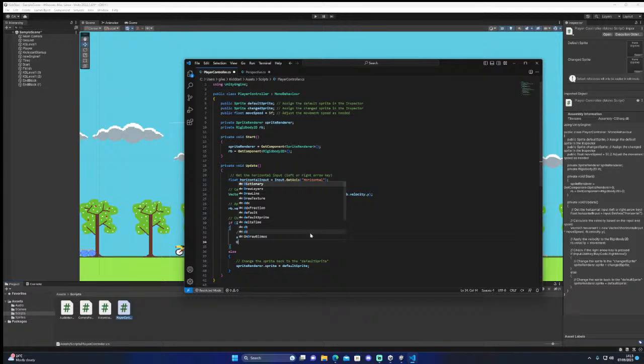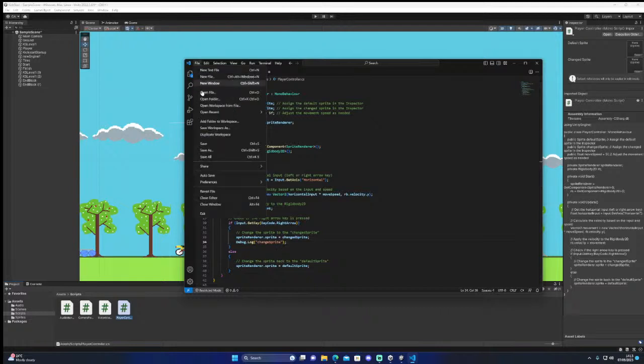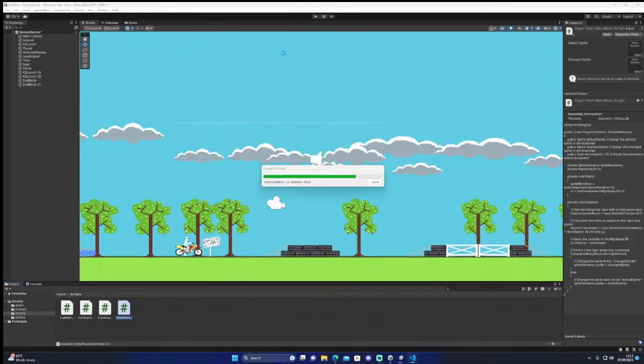Change. Right. Now in the console, if I click console when the game's running, it should hopefully, when I press the button, say something there.